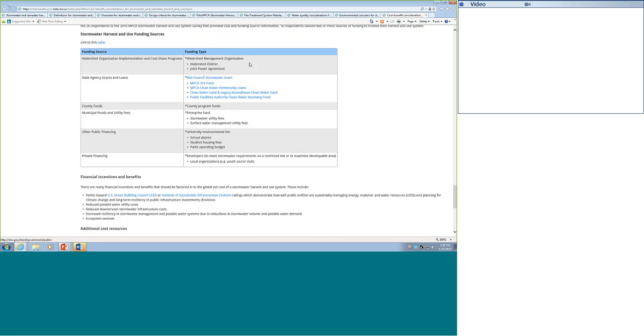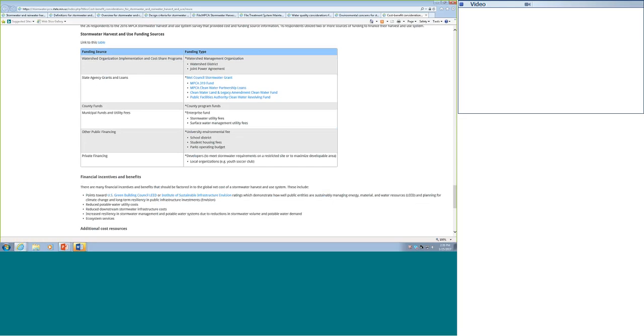Next, we just list some funding sources, so by source. So I guess our key here is to think creatively and try to get different partners together. I think we found in the survey a lot of this information, these are different sources people have used. Watershed organizations, whether it's a watershed district or a power agreement, they may have some cost shares. State agency grants and loans. We have the Met Council Stormwater Grant, 319. Again, this probably will be covered at that February 6th funding